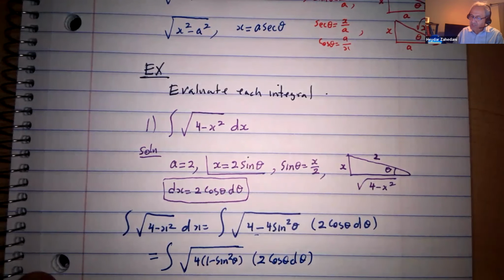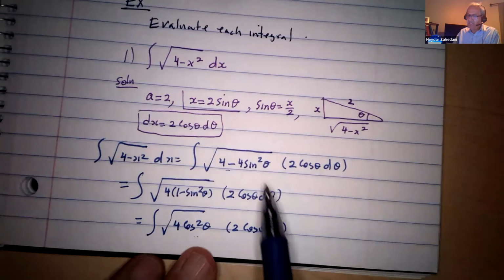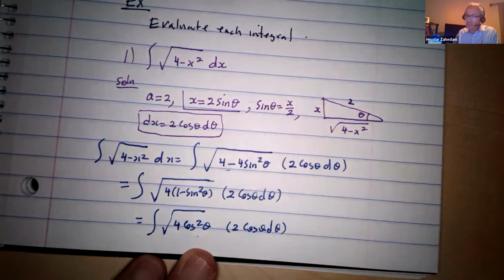Then that would be cosine squared. You better simplify it inside before getting to the radical. So that would be the square root of 4 cosine squared of theta, times 2 cosine of theta d theta. When we talk about the inverse function, your theta is between